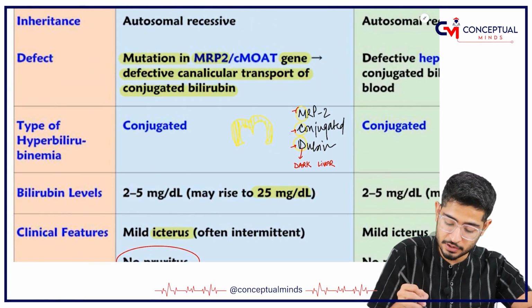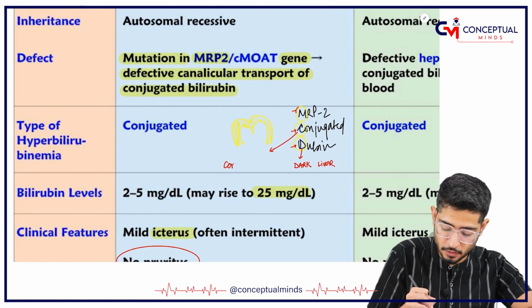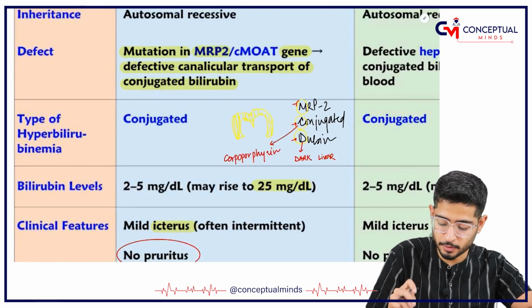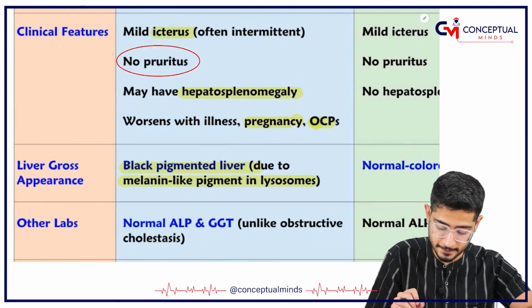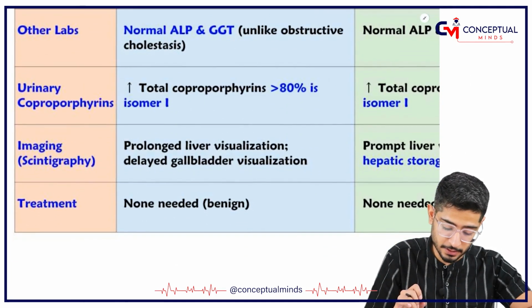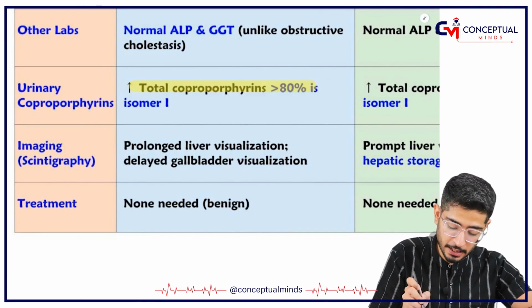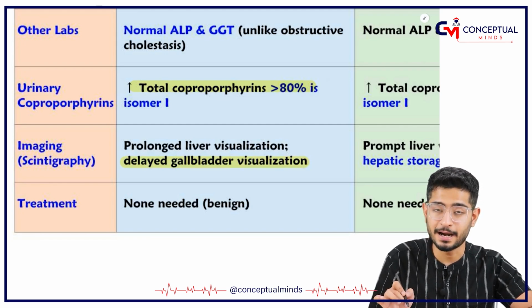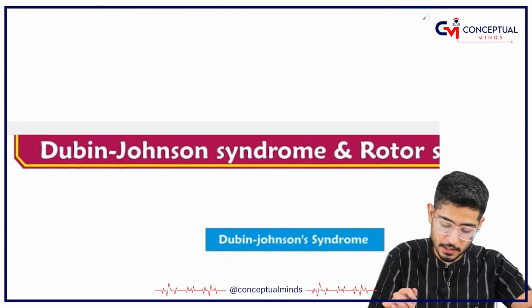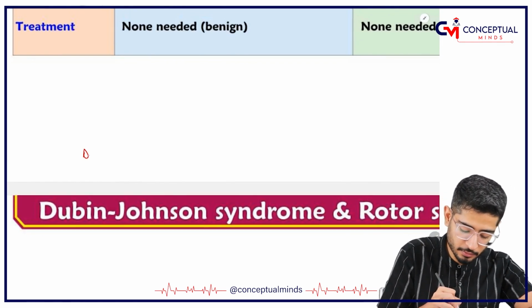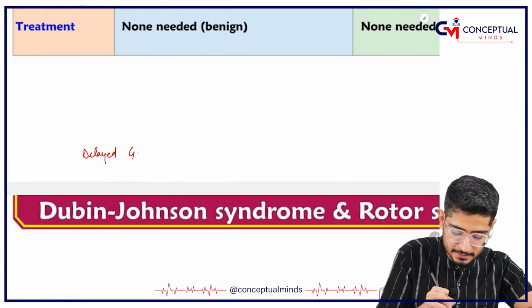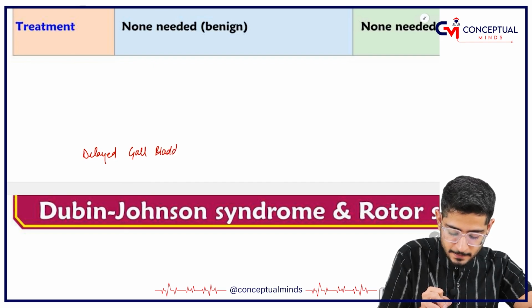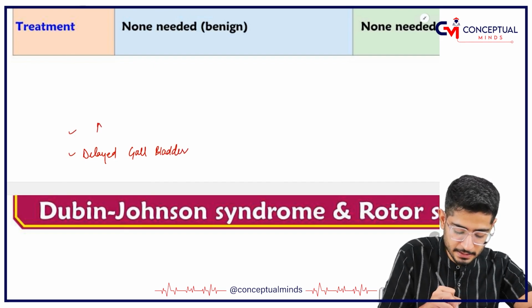get increased, which you can remember from the C. This is coproporphyrin. So levels of coproporphyrin are going to get increased. Okay, coproporphyrins are going to get increased, and if you visualize in imaging, you will have a delayed gallbladder visualization. Okay, so these three things are very important to understand: why there is delayed gallbladder visualization, and why there is increase in amount of urine porphyrinogen,